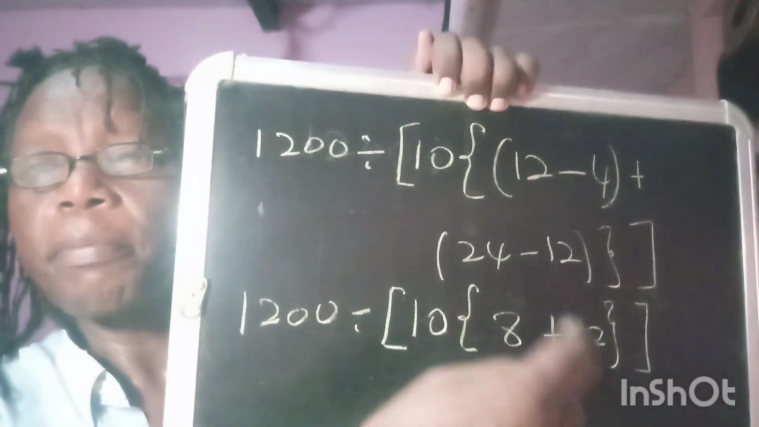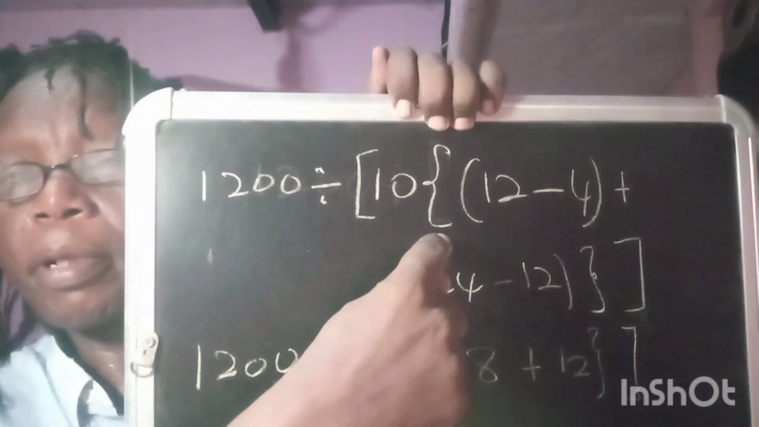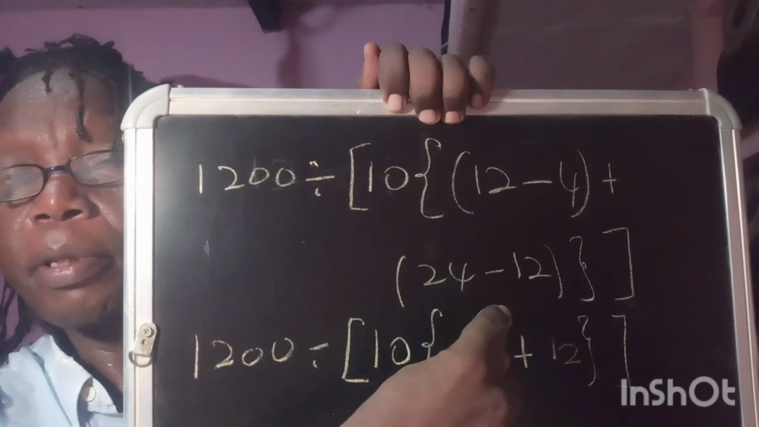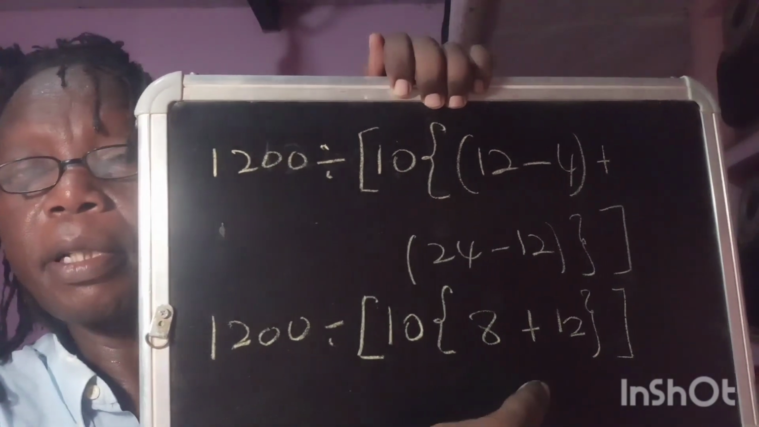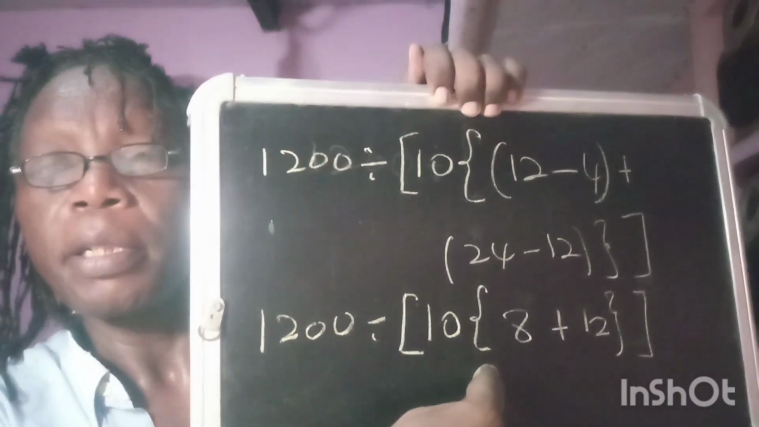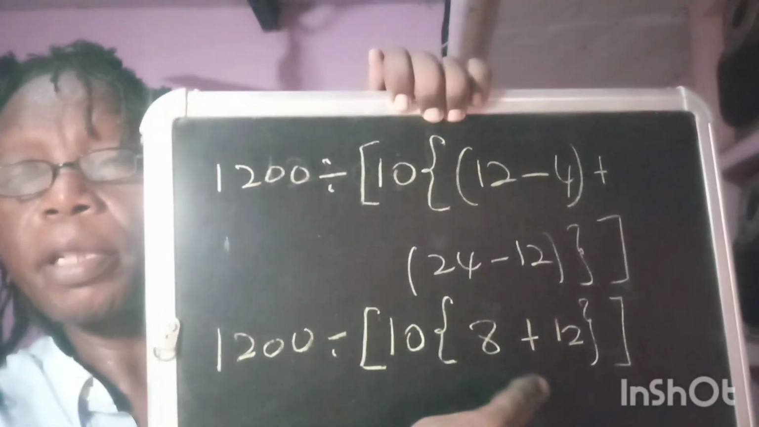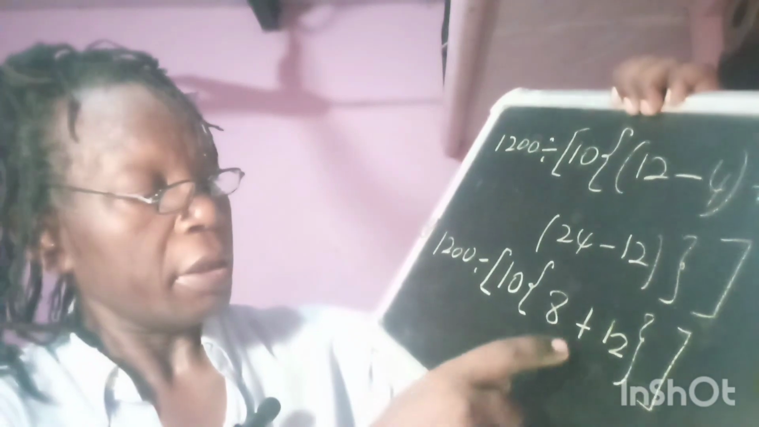So now the second priority is curly brace. This is curly brackets, which is now here. You can see this is curly brackets. So we're gonna solve curly brackets, which is 8 plus 12. So we're gonna have 1200 divided by, yeah, we have the square bracket, that would be 10 into, now actually it's like times,